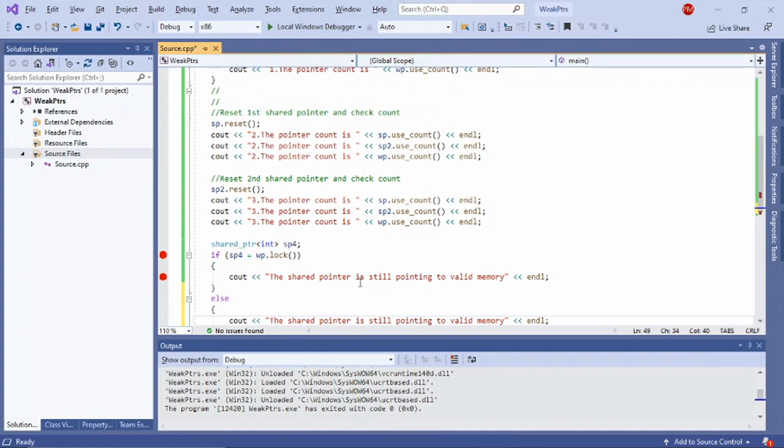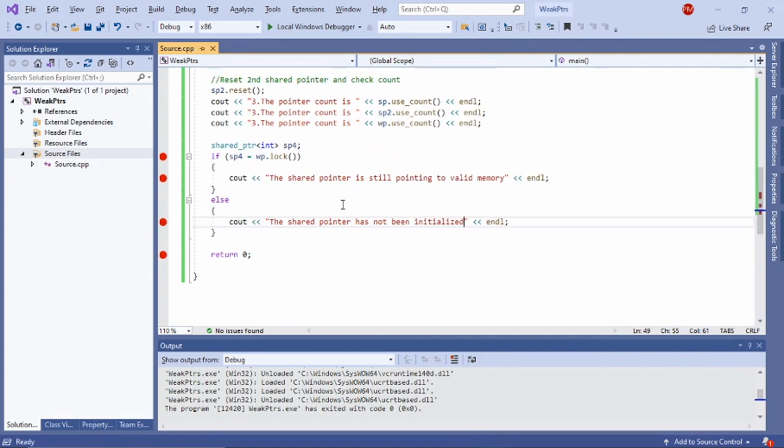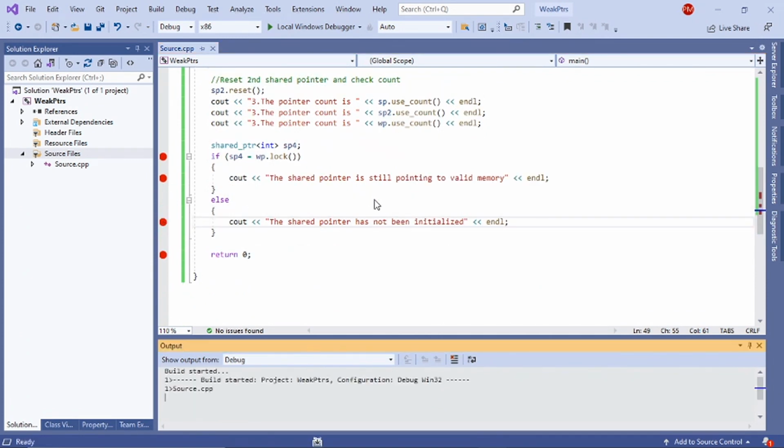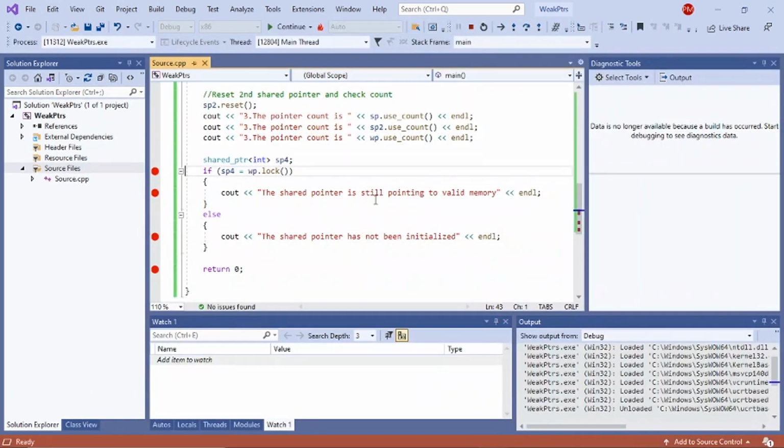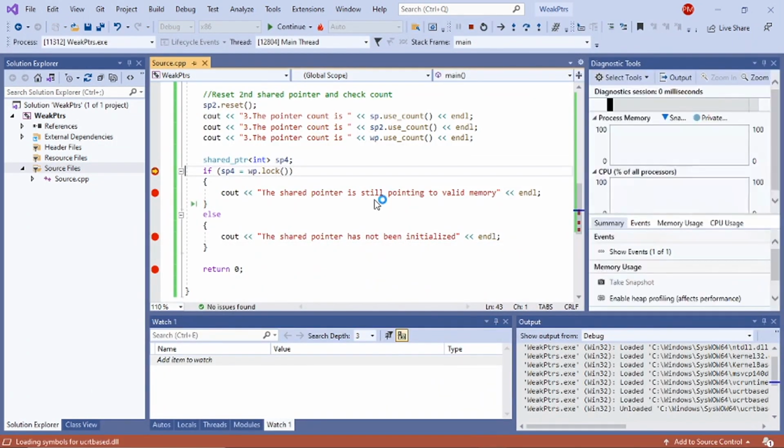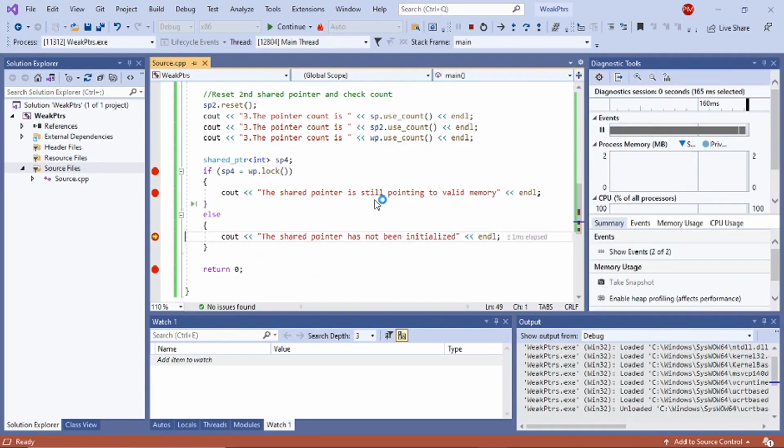Okay, the shared pointer has not been initialized. So let me set a breakpoint here as well. Let's see what happens. Okay, and as you can see,